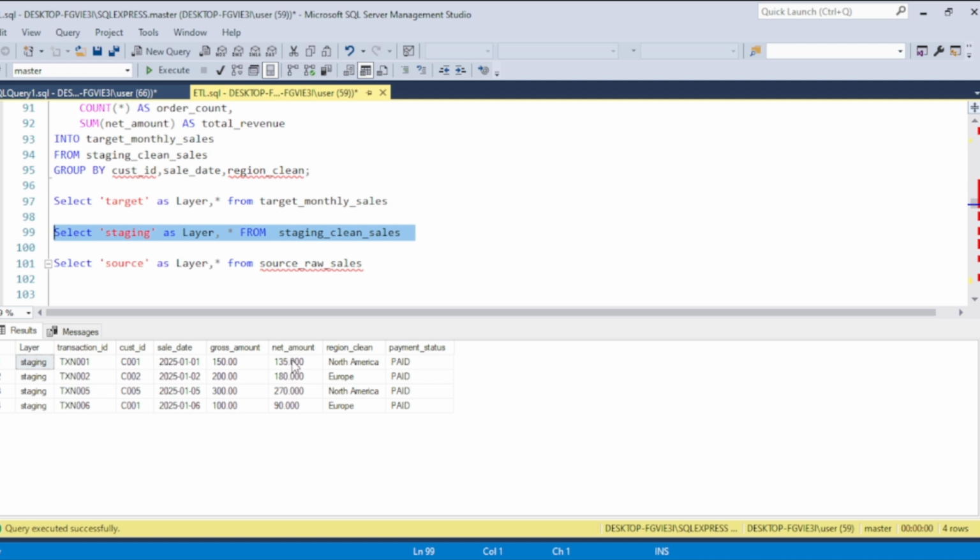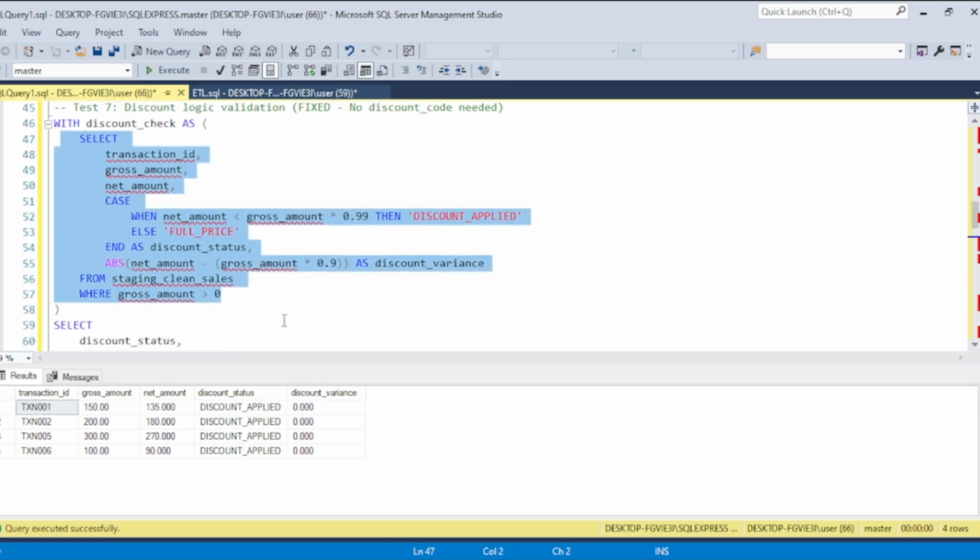But if it is the same, that 10% subtraction from the gross amount gives exactly the amount available in the net amount, then the formula is working fine and I have applied the discount correctly. This is what check we need to perform, right? Discount logic validation. That is why we have applied net amount minus gross amount into 0.9